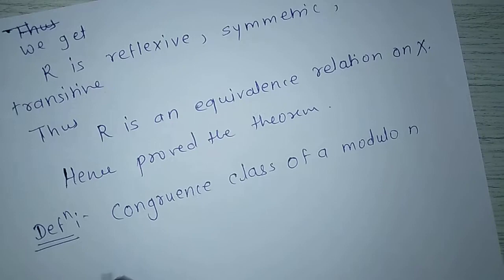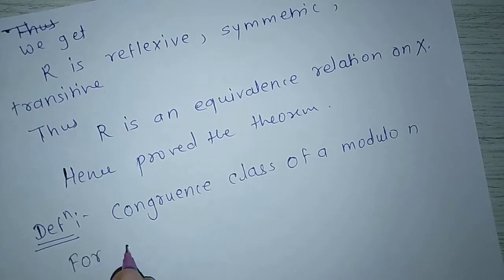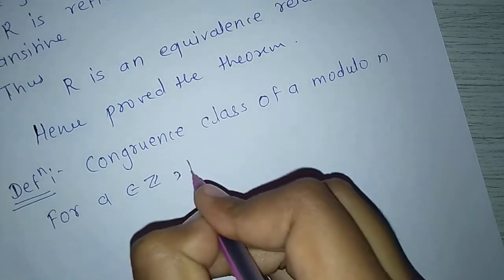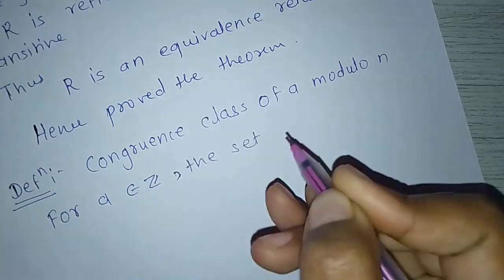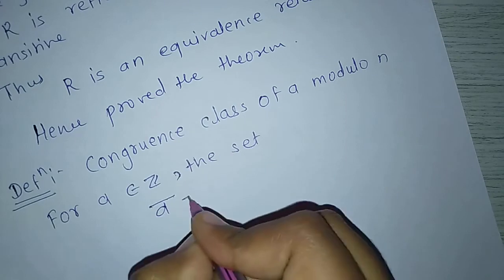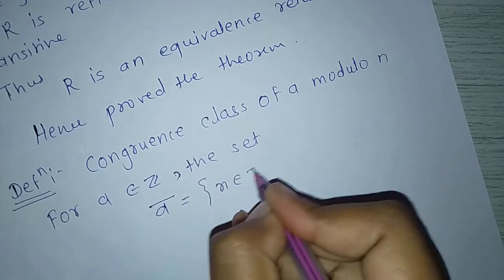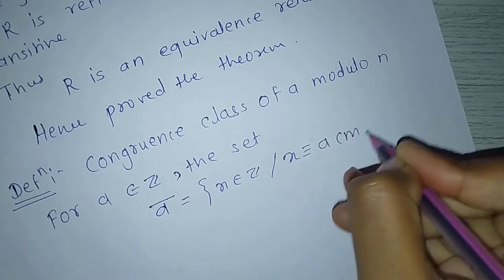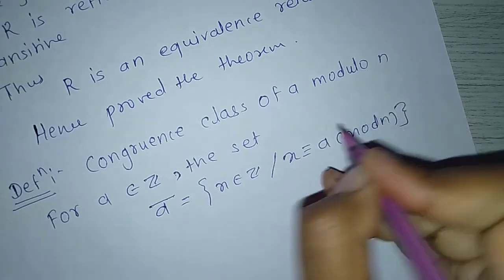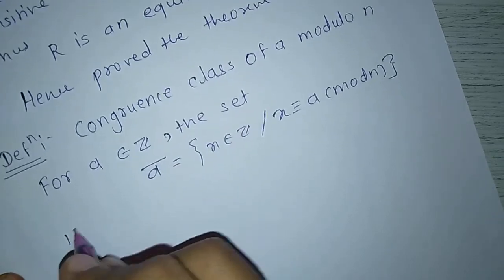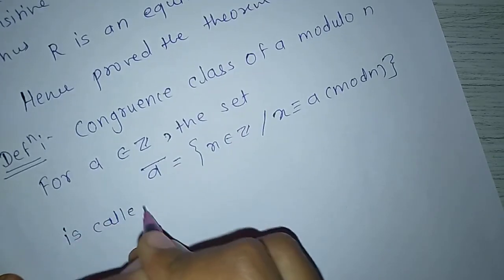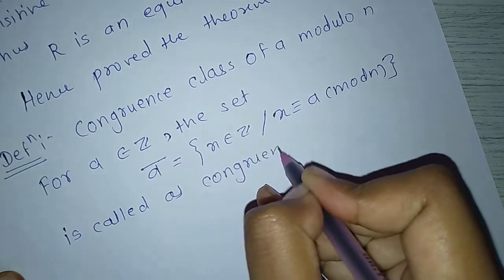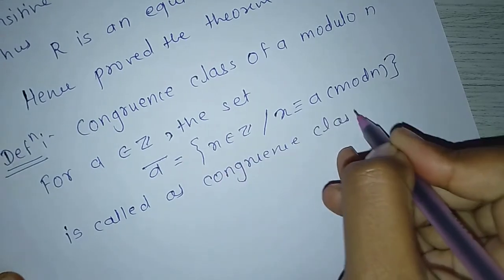For a belongs to Z, this set a bar equal to x belongs to Z such that x is congruent to a modulo n is called as congruence class of a modulo n,